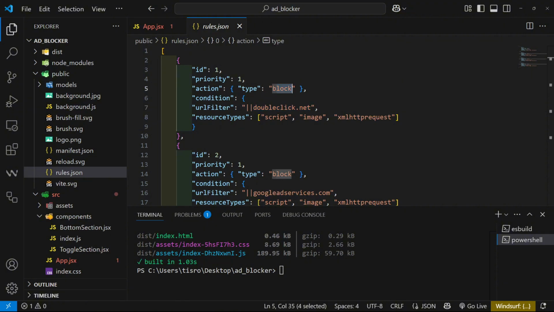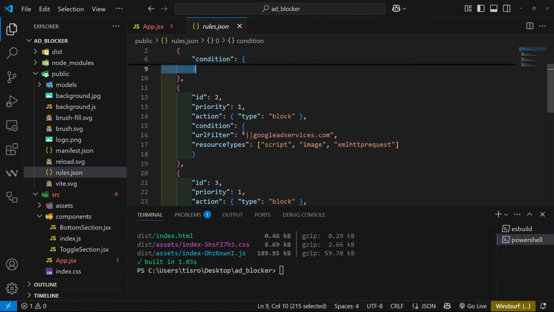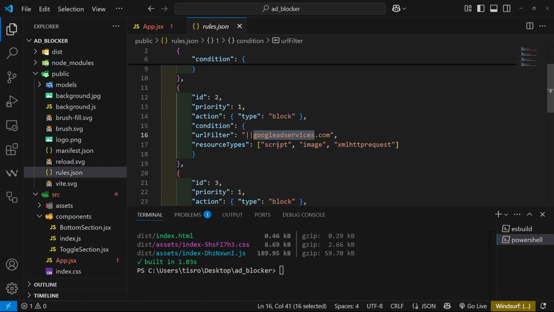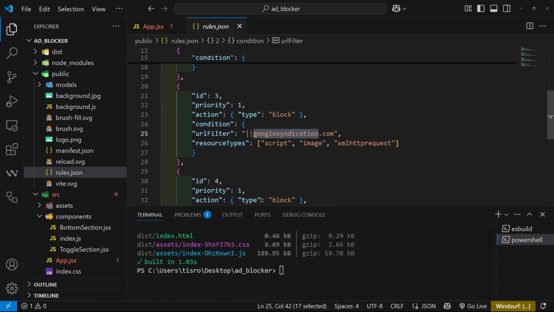And then of course we have the resource type, which is going to be the types of resources that we want this rule to apply to. And then the first one is going to be script. So that's just going to be any JavaScript files. Then we have images. So all of the image ads, and then we have the XML HTTP request, which is network requests made from JavaScript, so API calls, and then all the other ones follow the same thing, but these are just going to be different domains. So this one is going to be the double click